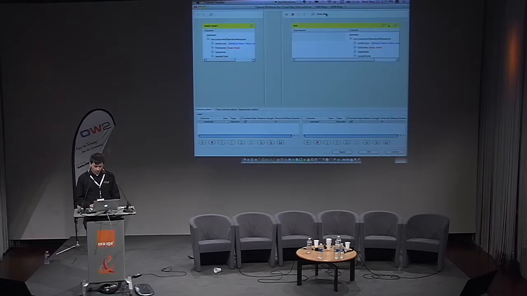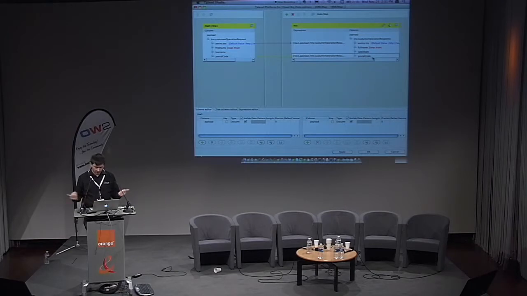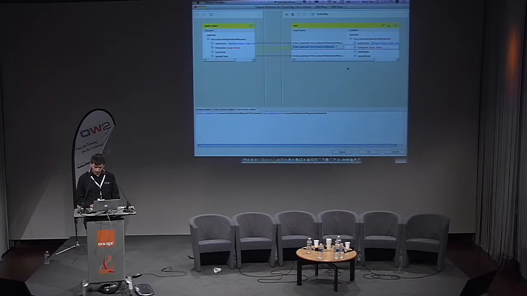I will first automap, which means all the columns with the same name will automatically be mapped. For example, the postal code and the postal code are the same field, so it will be mapped. For the other fields, I should do some work. For the full name, I will use the first name and the last name. I will concatenate these 2 fields into one field, my full name. And I will put a space in the middle to have a space between the first name and the last name.